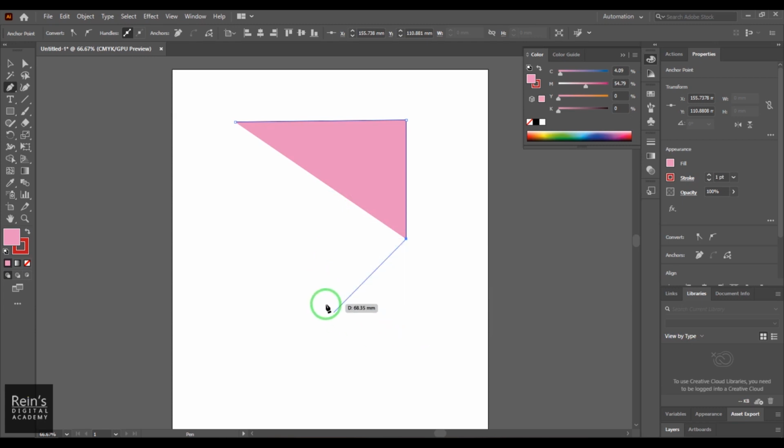Okay, so you just need to click there, then you get a point there. So you have created an open shape